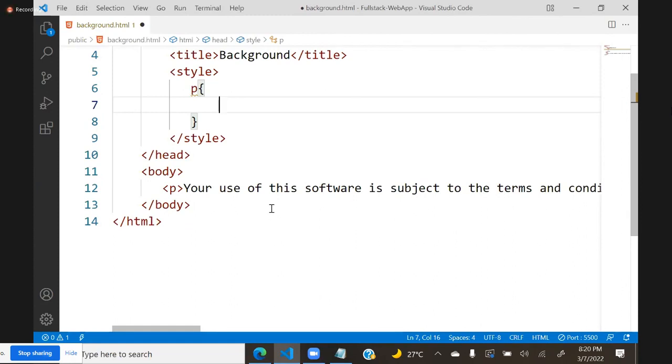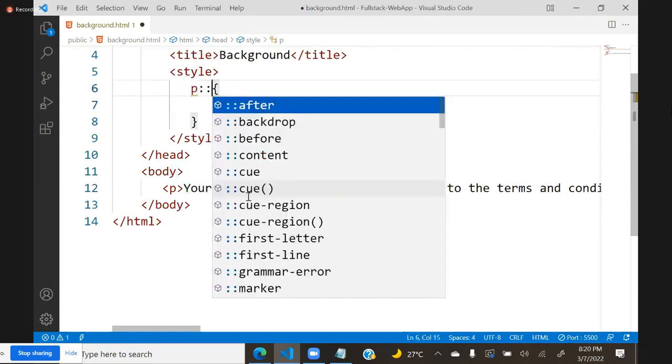We have a pseudo selector called first letter. Already in the selectors list I gave. We have a selector, not child. This is not child, right? Then how will you apply child? Inside the paragraph, this is text, that is not a child. It is not an element, right? That means now